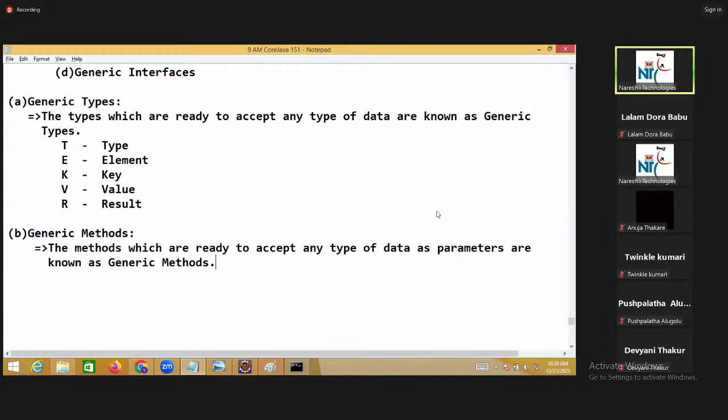They will take any type of data as parameters.